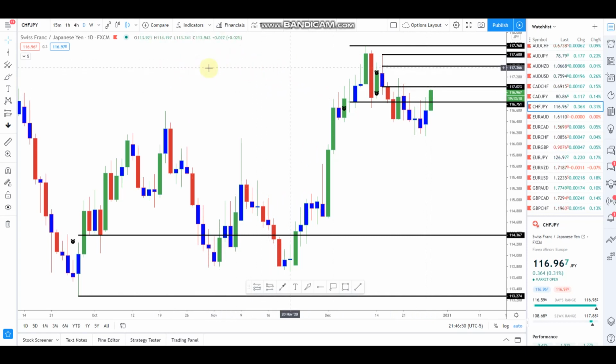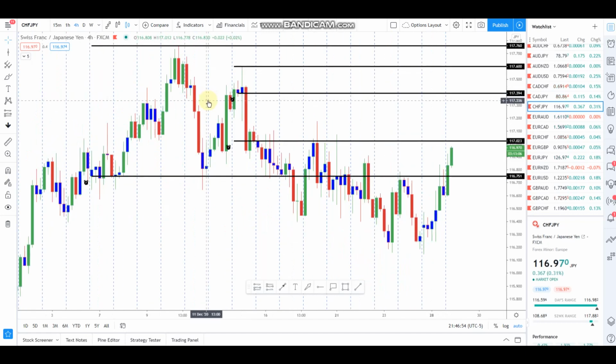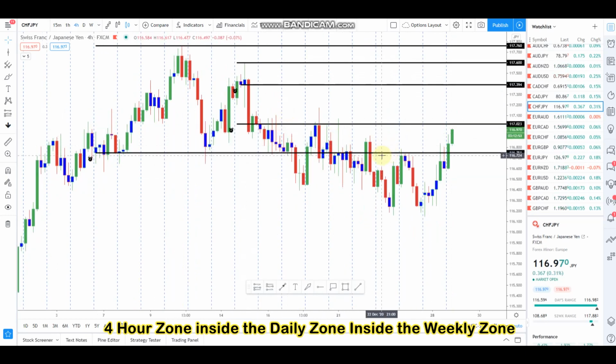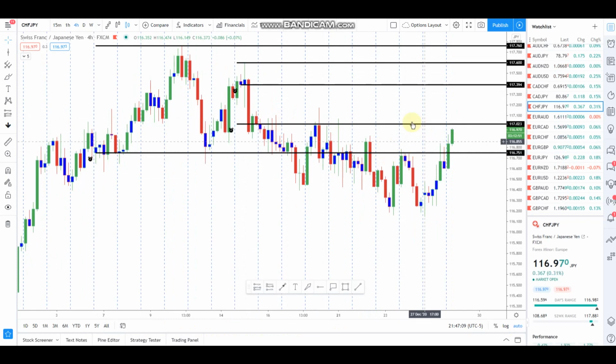And then all I did was get another zone lower down on the 4 hour, which you can see is just looking for the same similar pattern, which is a green, 2 blue, and a big drop here for the red. So now that we've gotten into this area here for the weekly resistance,